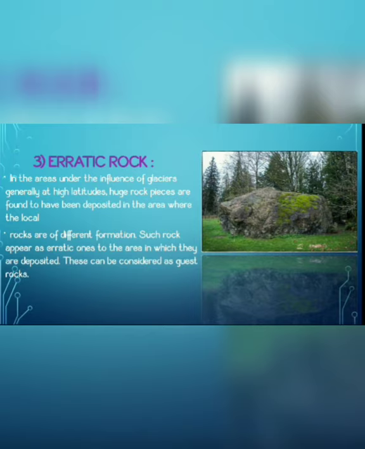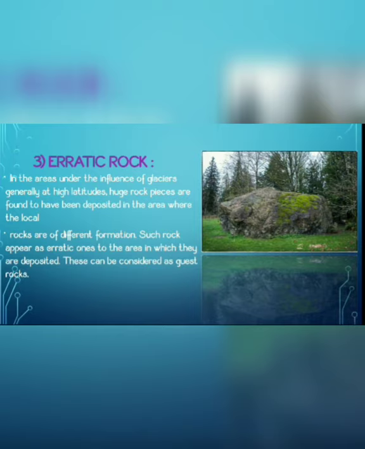Many rocks change their place. They are carried from one place and deposited at another place with the help of glaciers in high latitudinal regions. When they get deposited at a new place, the rocks already present there appear different from the rock that has come through erosion.